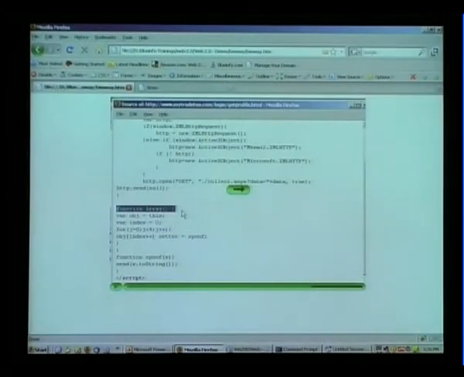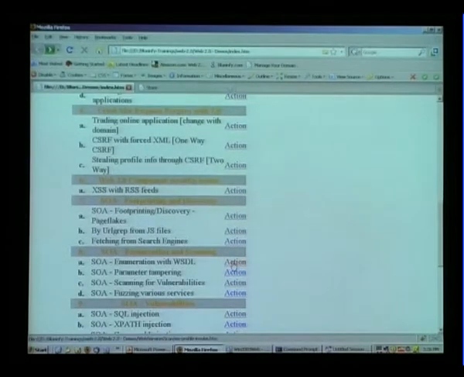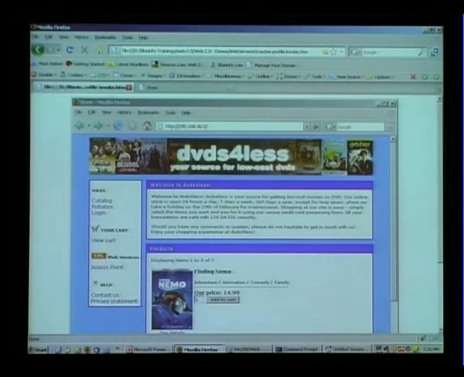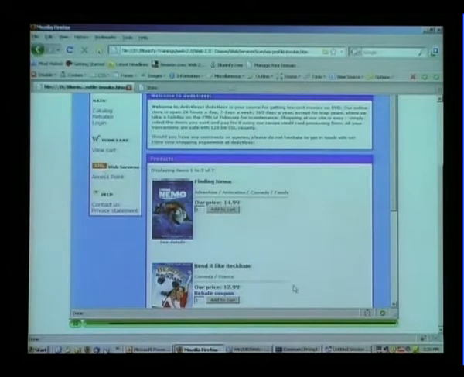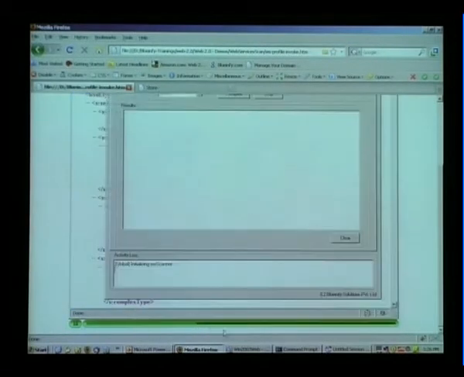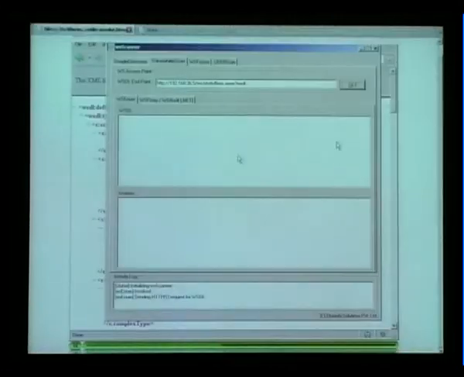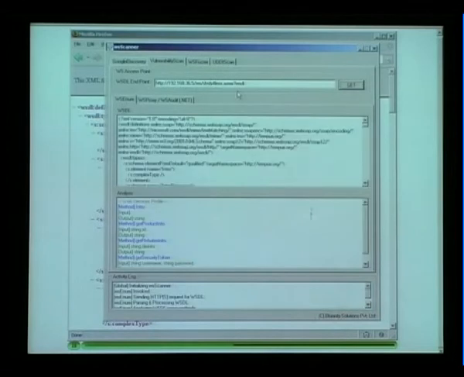WSDL is essentially the Web Services Definition Language. If you are running web services, there is a WSDL, and if it exposes functions which are not private, which you don't want to expose, then an attacker can enumerate this WSDL file and identify possible hacks. So, say for example, over here,